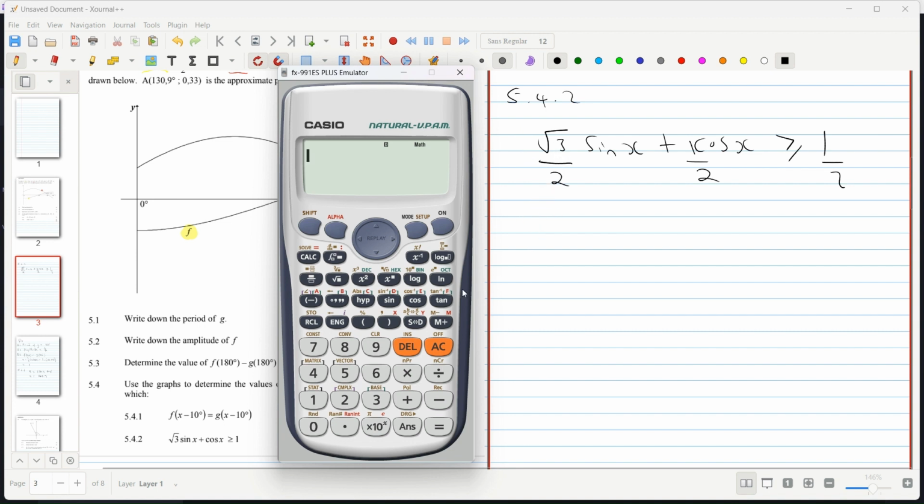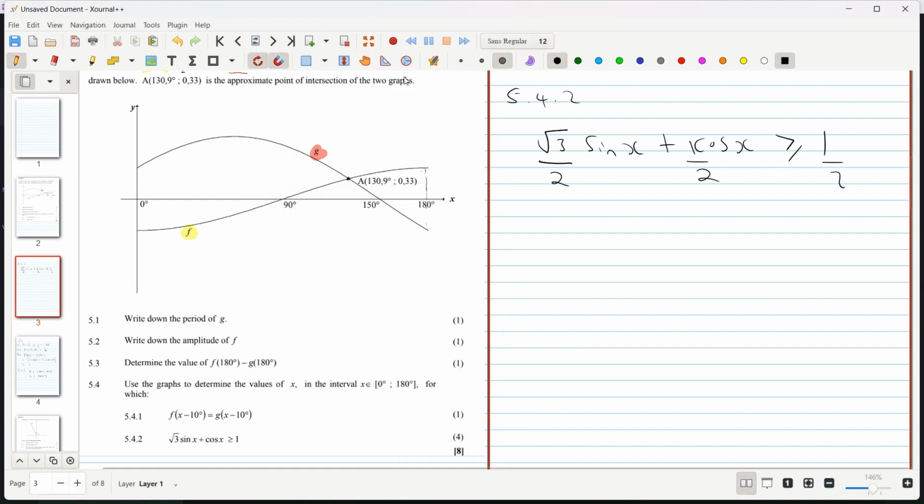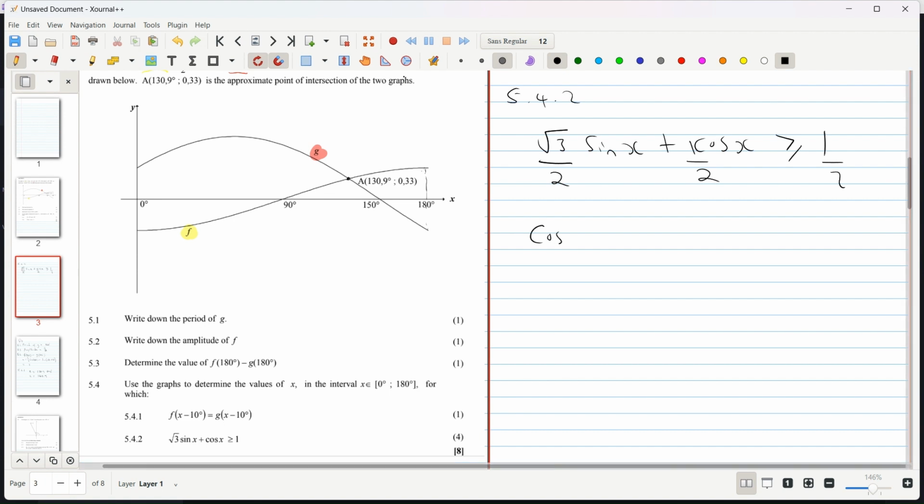Let's check cos. We'll start with cos 30. From our special angles, we know that cos 30 is square root of 3 divided by 2. So instead of writing square root of 3 divided by 2, we can just say cos 30